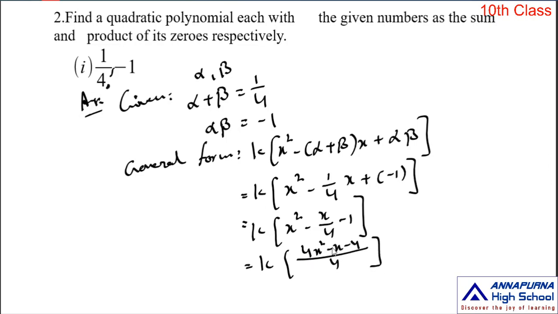From this you choose a k value. Generally when you present a quadratic polynomial, the basic rule is to present it without any rational number. Sometimes you can present it otherwise, but in this situation, when you find a quadratic polynomial, when you know the sum and product of its zeros, mostly we present it without a rational number as a coefficient. Now choose any k value. Generally what do we take here? What is the denominator? It is 4, so choose k is equal to 4.